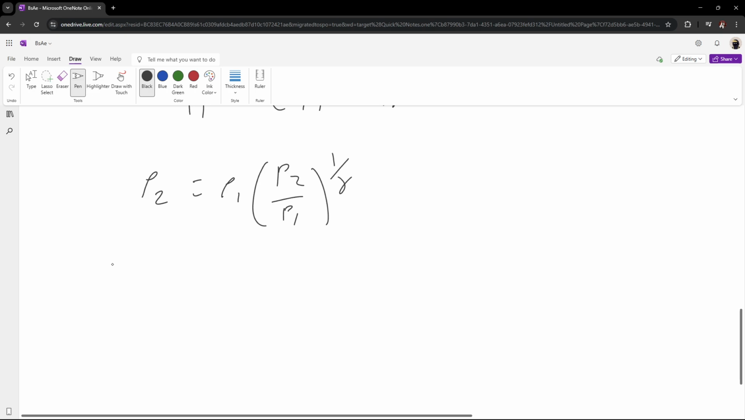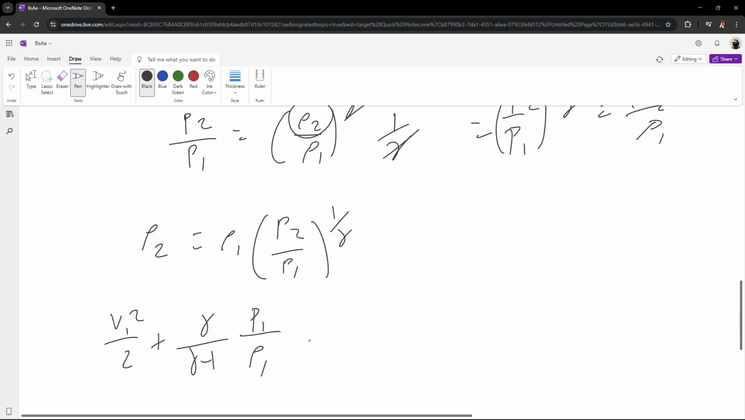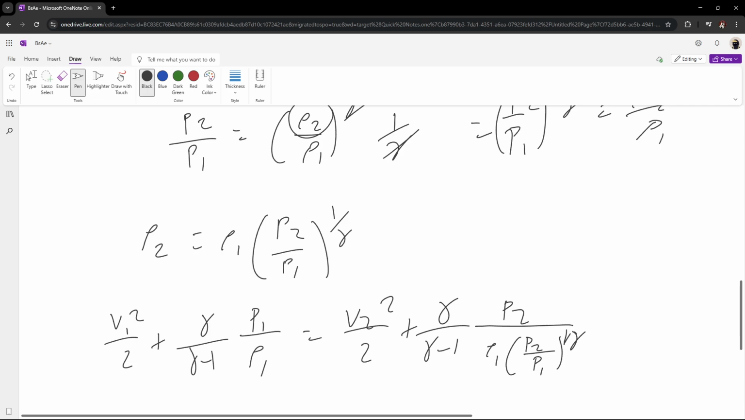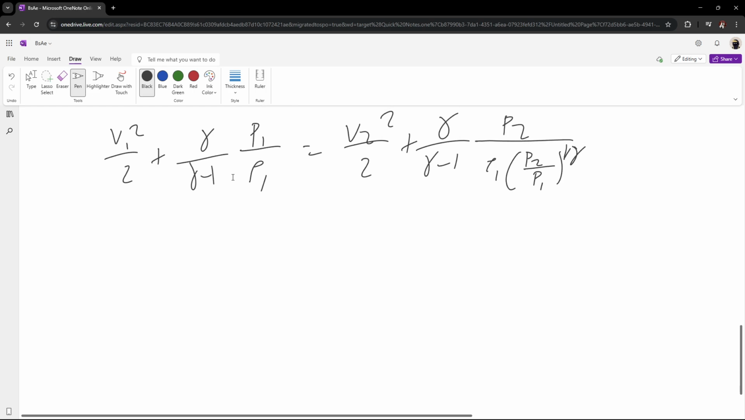Now getting the Bernoulli equation again for compressible flow: V1 squared over 2 plus gamma over gamma minus 1 times P1 over rho 1 is equals to V2 squared over 2 plus gamma over gamma minus 1 multiplied by P2 over rho 1 times P2 over P1 to the 1 minus 1 over gamma, and we'll get